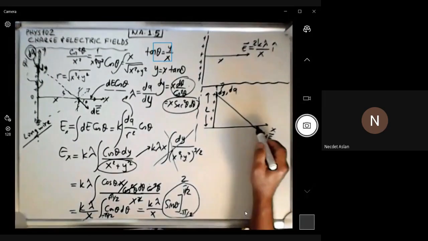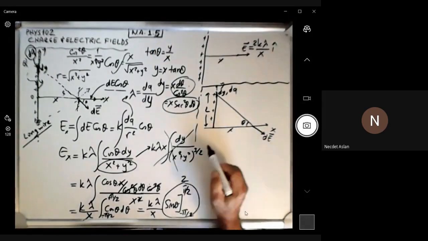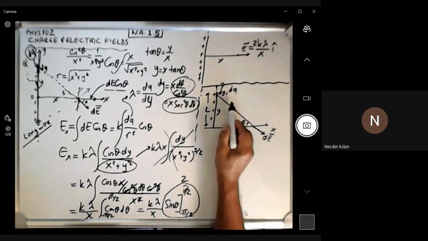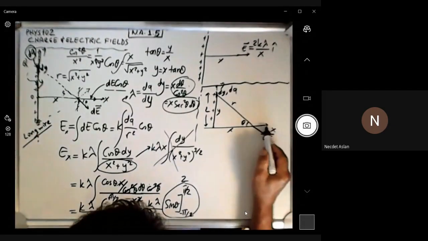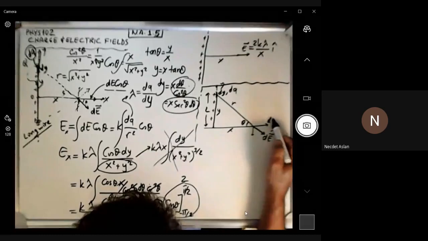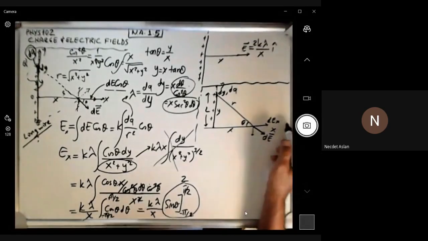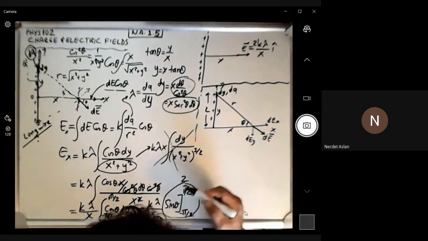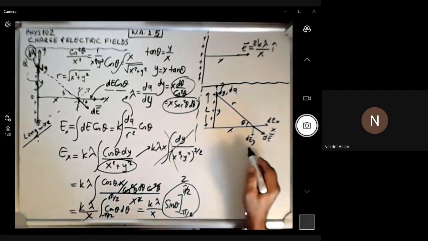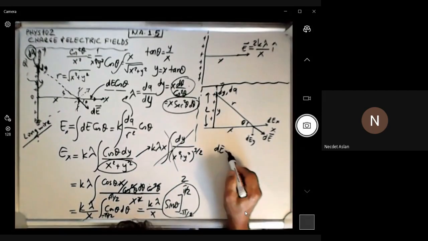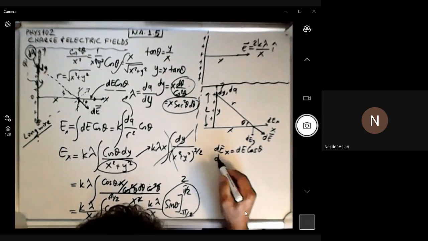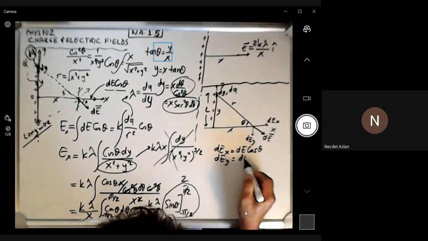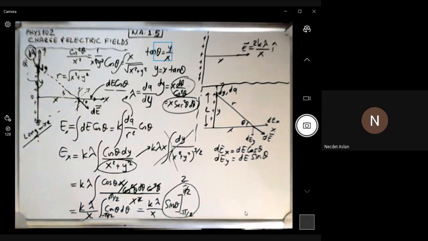So if this angle is theta, as you see, again, this is x and y, and this is r. So this will have both x component and y component. So this is dEx, in the x direction, and this is dEy. Since dEx is just dE times cosine theta, and dEy is equal to dE sine theta,